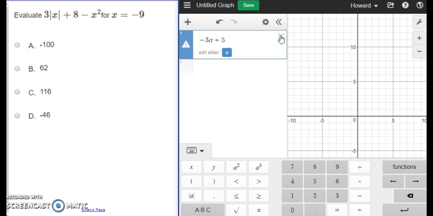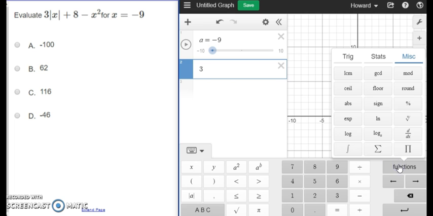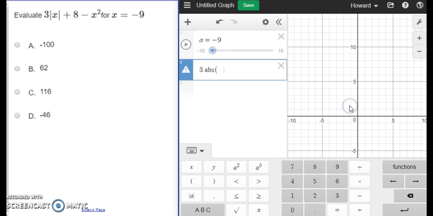All right, got a longer one here. Again, we still have just one variable, so again, let's use a. A is equal to negative 9. So I have 3. I've got to find my absolute value, so click on Functions. We're going to come over here to Miscellaneous. We're going to hit the little absolute value sign. In this case, absolute value of a, press to the right, plus 8 minus a squared,